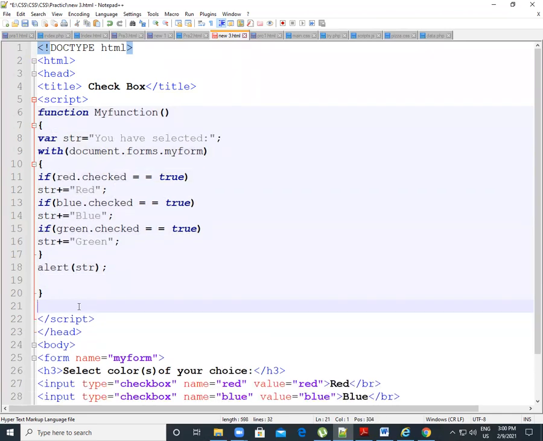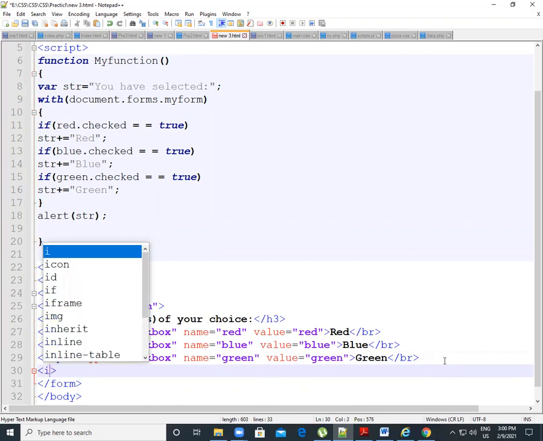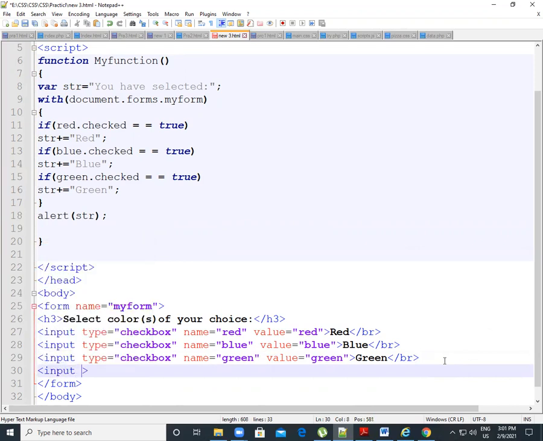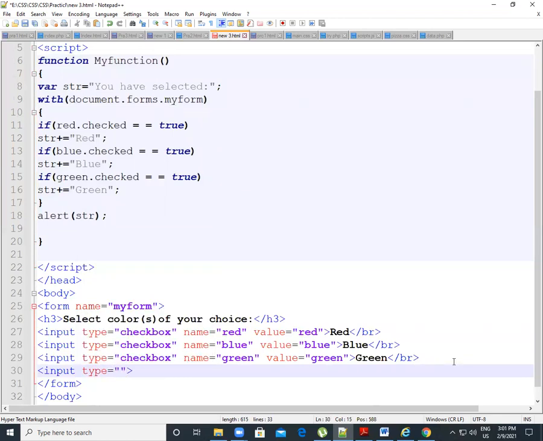So I already closed my script also, then head also, and in the body now you have to put a button here for selecting things. So you know how to write a button: input, input type equal to button. We don't always use this, but if you want a submit button, you can write submit there, but we use a normal button and we give our own button name.